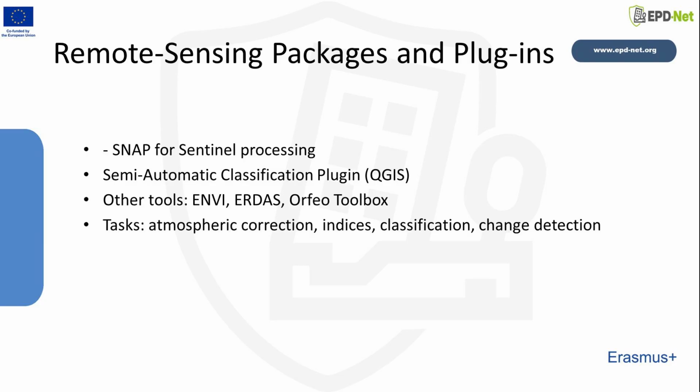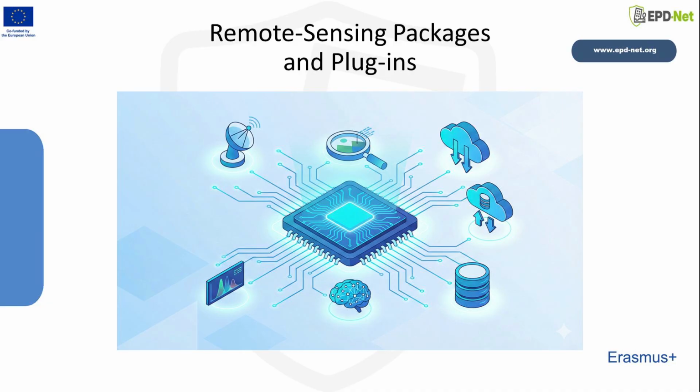Within QGIS, the semi-automatic classification plugin and other add-ons simplify tasks such as downloading imagery, performing atmospheric correction, computing indices and running supervised or unsupervised classifications. Commercial packages like ENVI or ERDAS, as well as open-source tools like Orfeo Toolbox, provide additional advanced functionality, particularly for large-scale or complex classification and change detection workflows. We emphasize that in many projects, analysts move back and forth between these tools, performing spectral processing or classification in a remote sensing package and then exporting the results to a GIS for integration with other layers and for communication